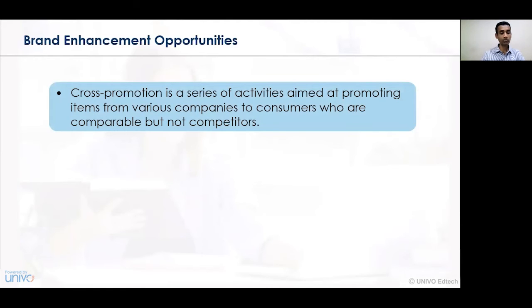Now let us understand the various brand enhancement opportunities along with cross promotion or cross category learnings. Cross promotion is a series of activities aimed at promoting the product in the minds of consumers. When various competitors' products are available in the market, we simultaneously have to see that various cross category learnings or cross promotion strategies are used so that the customer only remembers our product and does not skip the purchase of our product available in the market. Comparing our product and the competitor's product is easily possible for a customer, and accordingly he comes to a decision to purchase the product of our specific domestic company only.